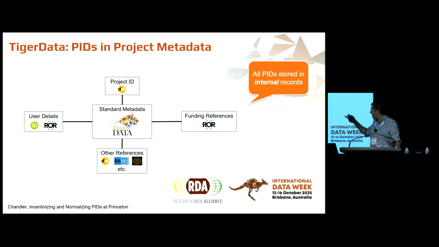And in terms of the other references that you see below, that can really be any standard, normally acknowledged persistent identifier that can be linked to build those associations with other projects, other digital objects, and so forth. And it's all based on an XML database under the hood, so it's not a relational model or anything like that. It does enable expansion and moving towards that kind of graph database model.